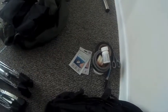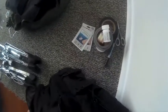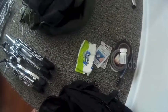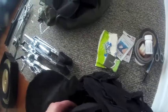Those are pretty good. They blend right into and stick to the bottom of your nostril, kind of like a little mini Band-Aid with a screen in it. I just got those on Amazon. Got some wet wipes, good for all kinds of personal hygiene and cleaning stuff. What else I got? Got some gum, some hand sanitizer, flashlight,